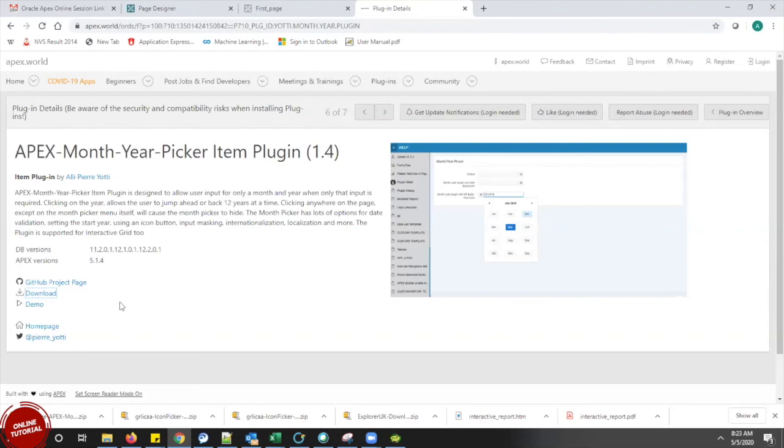Yeah, correct. All you have to do is first download this. You have to map it to the correct attribute. It could be an item or, again, a region plugin. So we have to map it with that item or that region, whichever plugin we have installed, and then we can see that plugin in our front end screen.